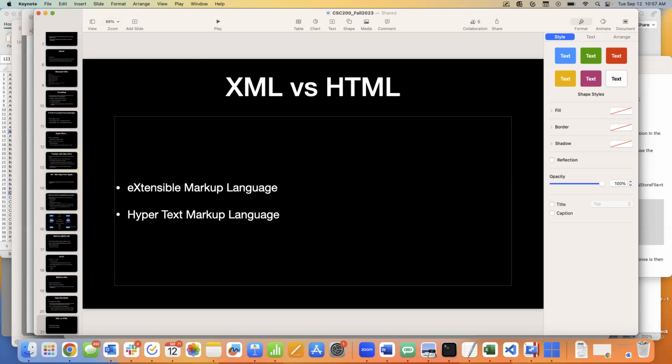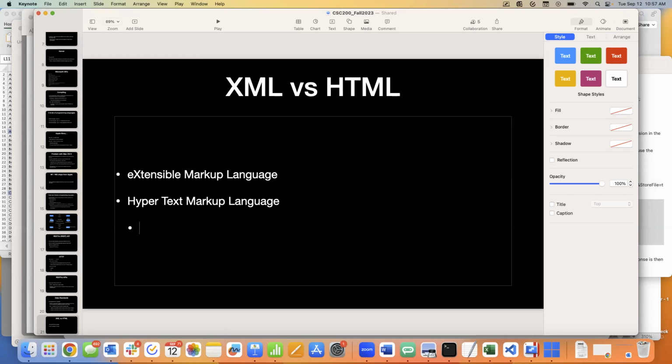Now, if you were to go and look at HTML, you would see things like head, my page, end head, body, some stuff.